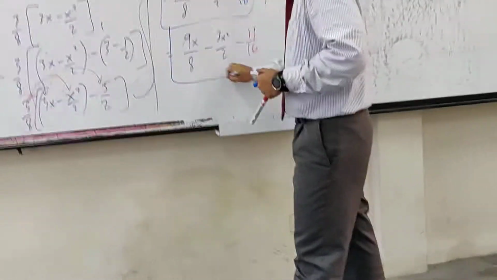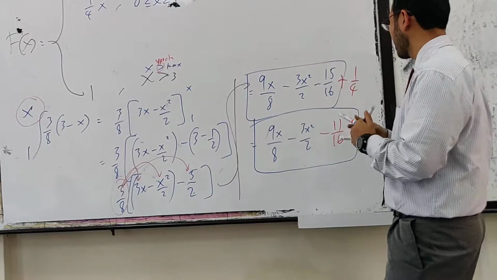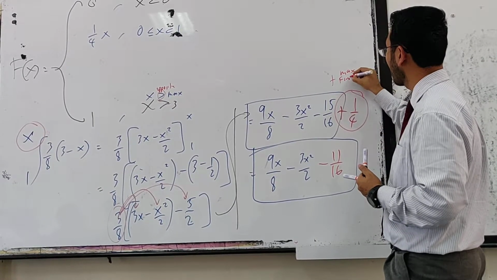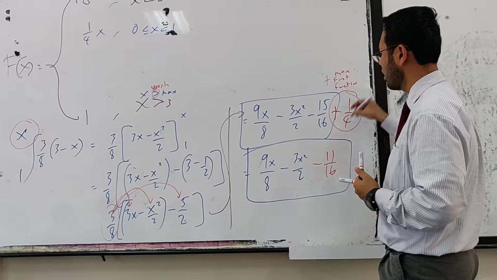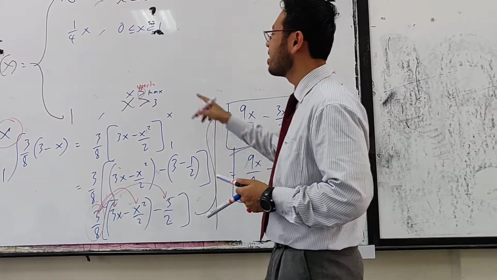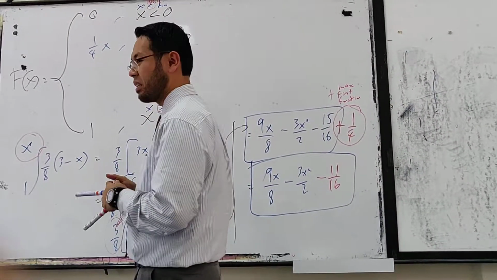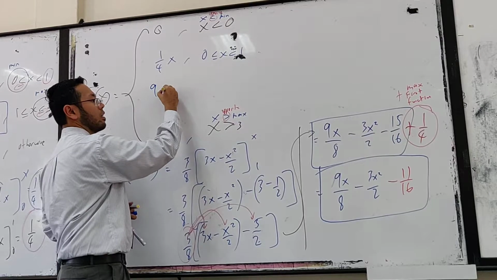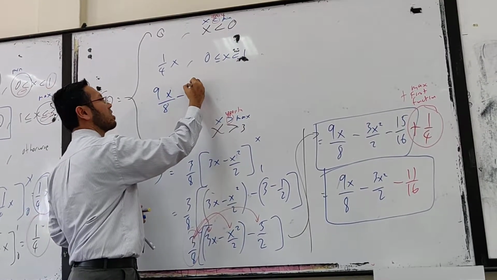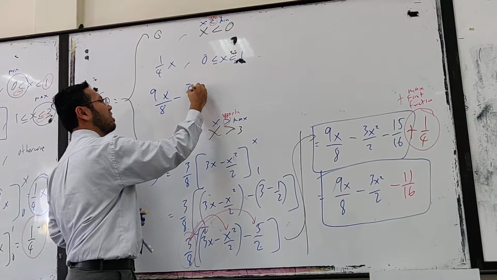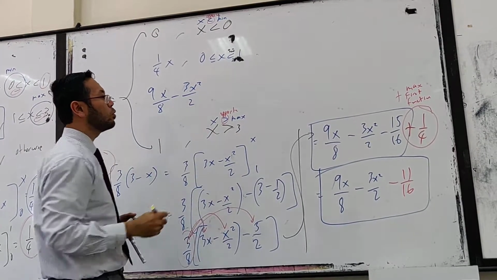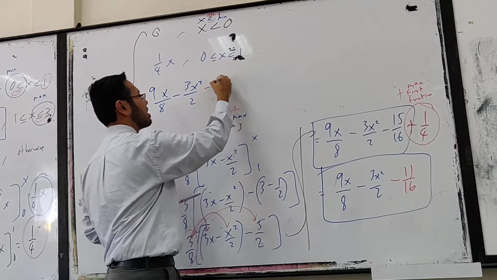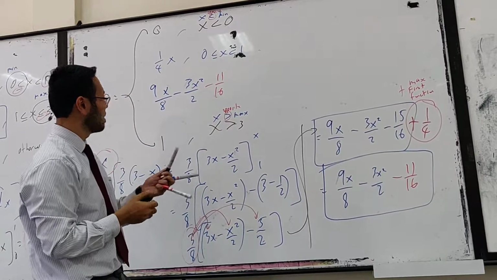So where should I write this one now? Write down the 9x over 8 minus 3x squared over 2 minus 11 over 16. The range is